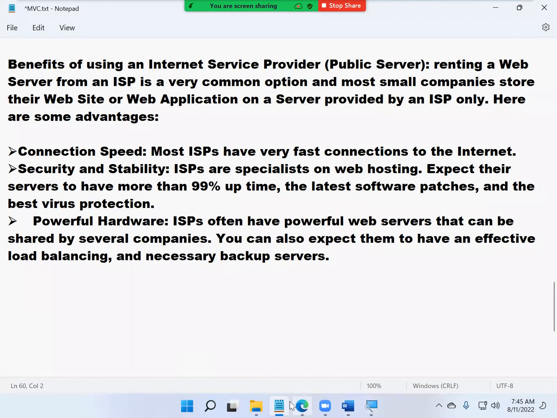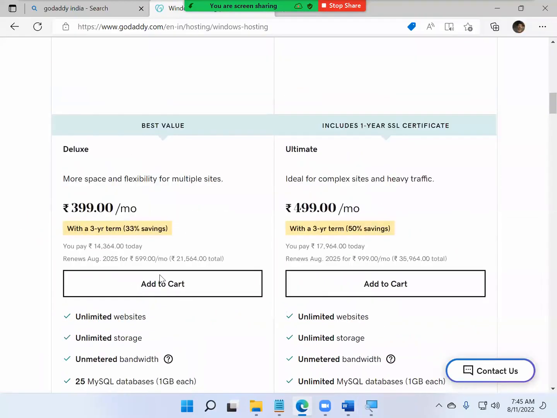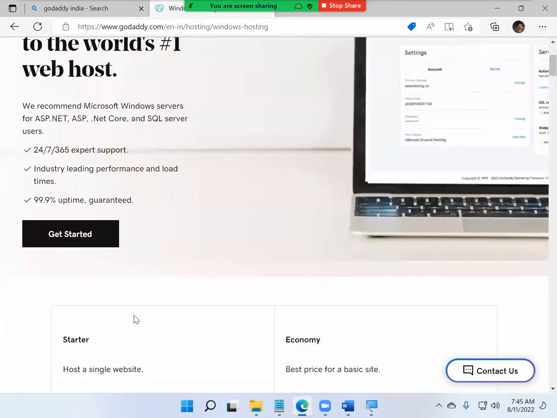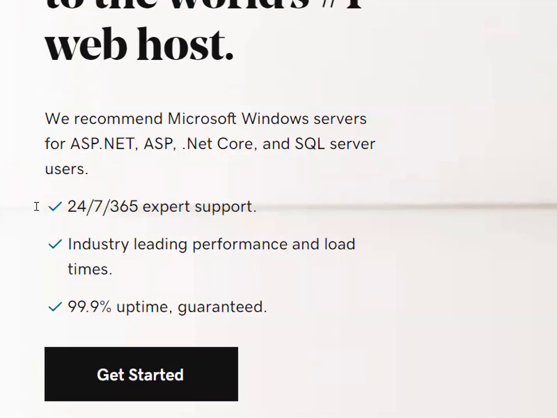On the GoDaddy website yesterday, if you recollect, I showed you the 99.9% uptime guarantee. Why not 100%? No one will promise 100% here. Have you seen any ads of soaps or hand washes? The figure will always be 99% or 99.99% only. It will never tell you 100%. And have you seen that it shows some virtual images also? First it will show you an image with all the germs, and after washing, have you noticed it?